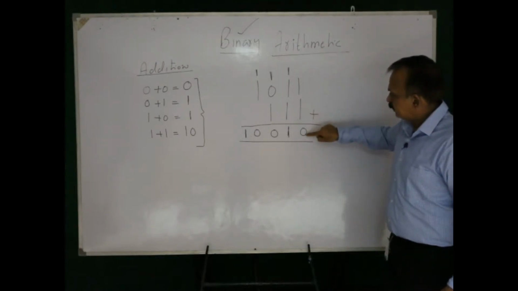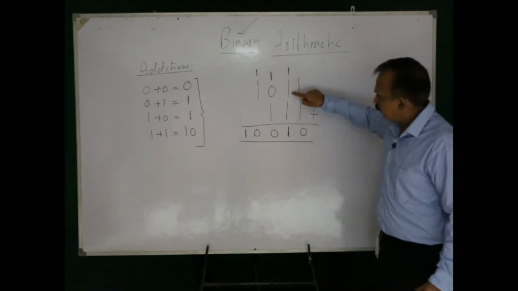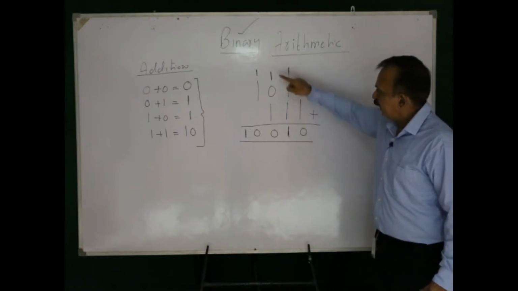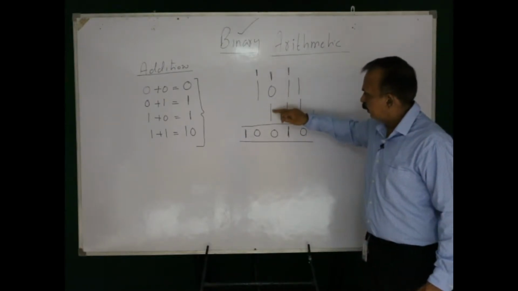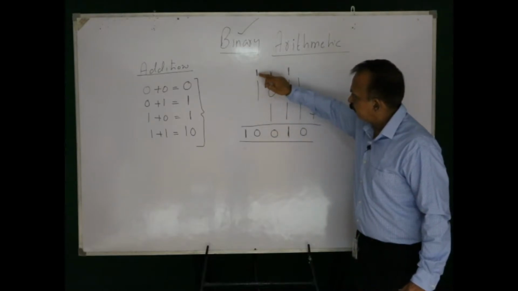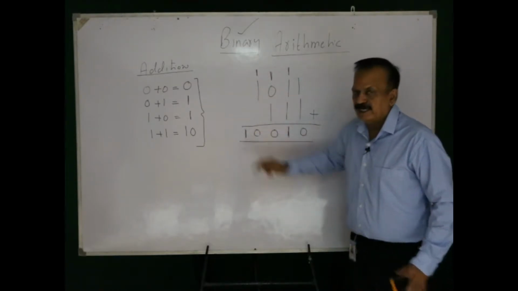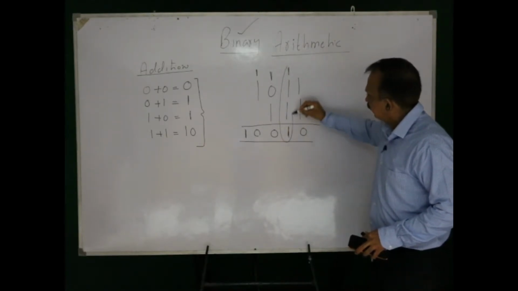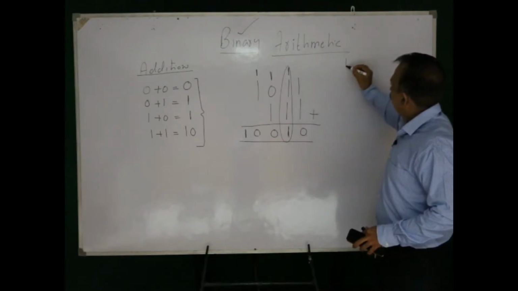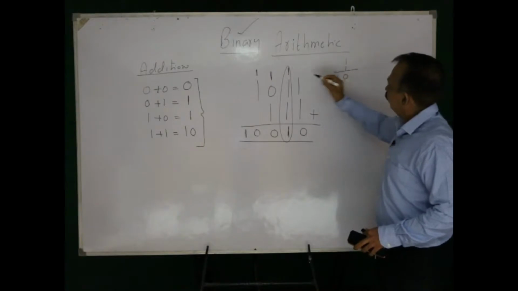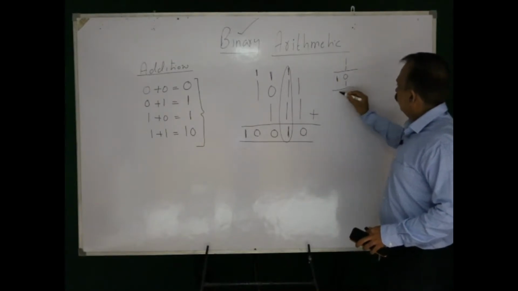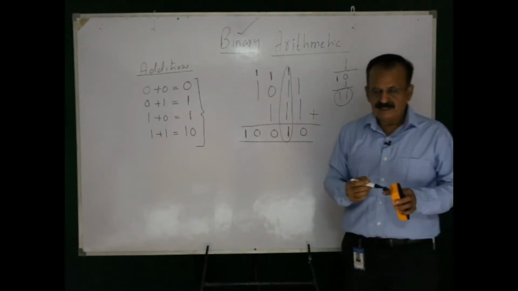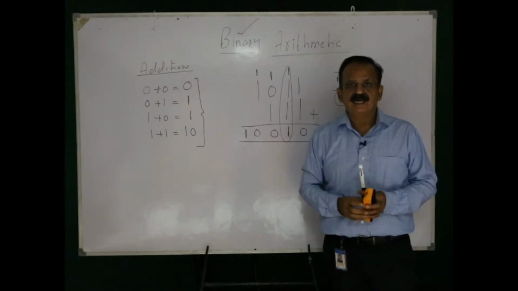1 plus 1 is 0 and the carry is 1. Again, 1 is added to that, and it is 1 and the carry is 1. So, 1 plus 1 is 0 and the carry is 1. I am again explaining this particular part. First it is 1 plus 1, which is 0 with carry 1, and again 1 is added, and this is 1 1. That is, 1 here and 1 particularly here. This is how the binary numbers are added.